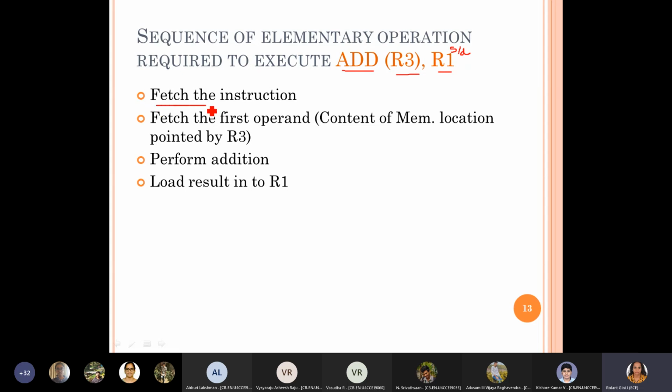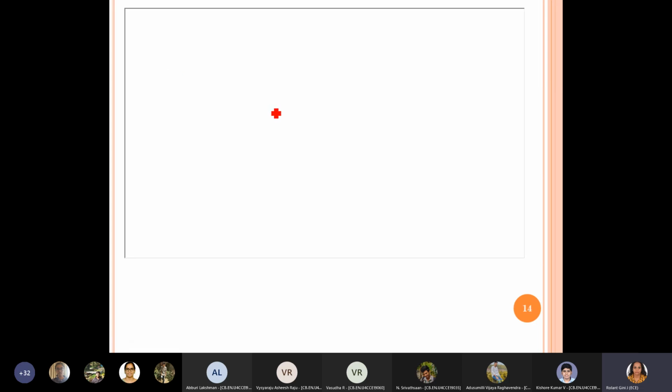For example, in case of fetching the instruction, we see what all the signals required are. Can anyone tell me, to fetch the instruction from the memory, what is the first thing we have to do? Jagan Sai?